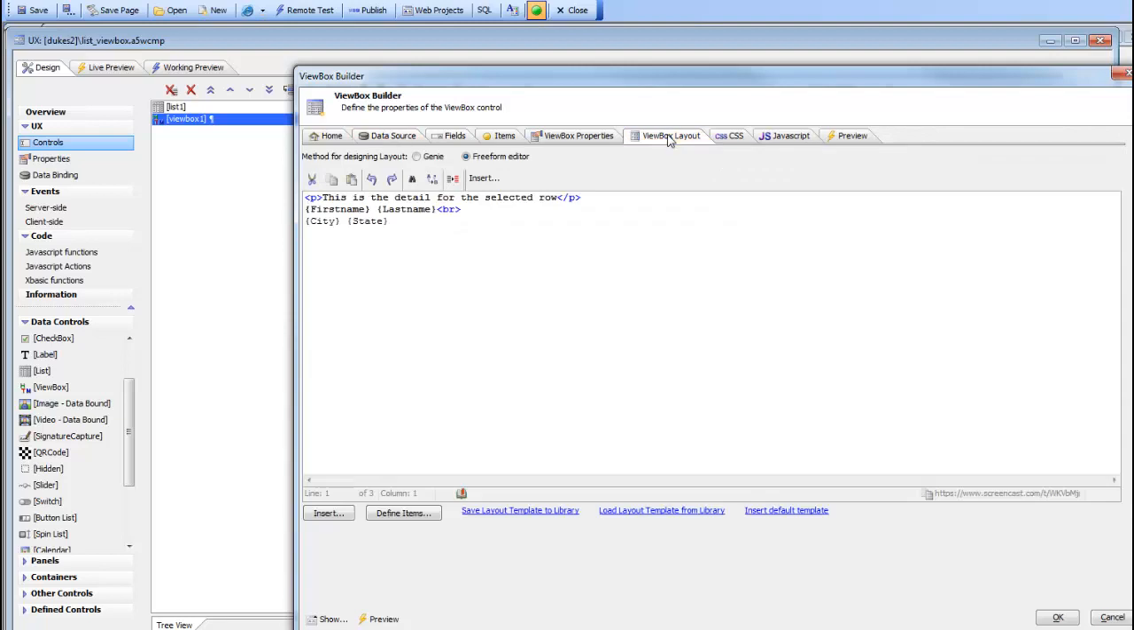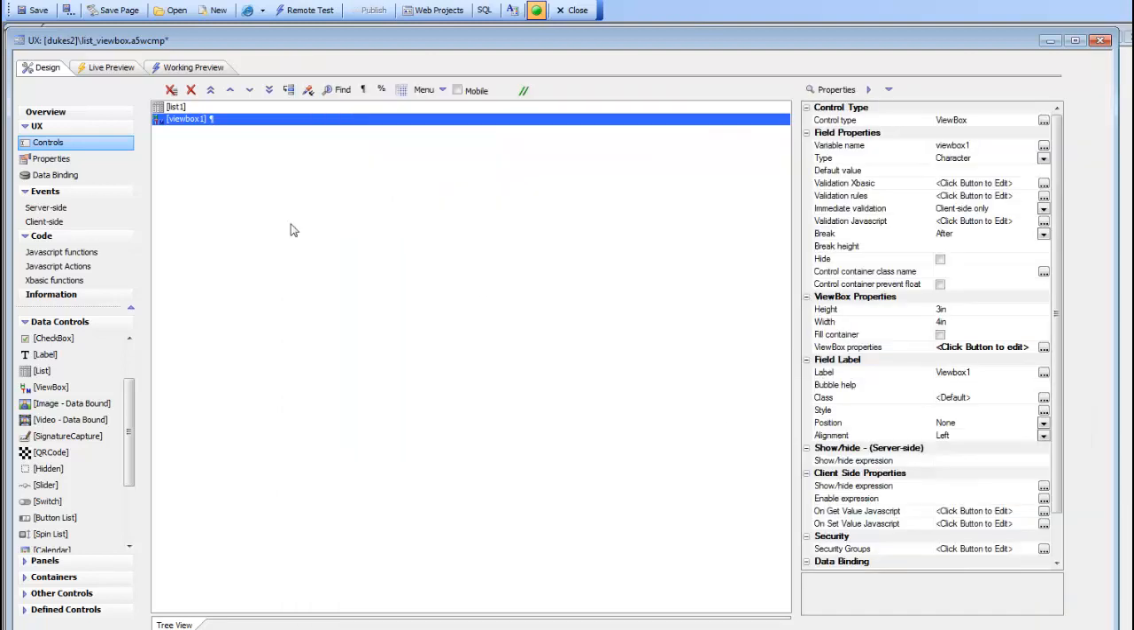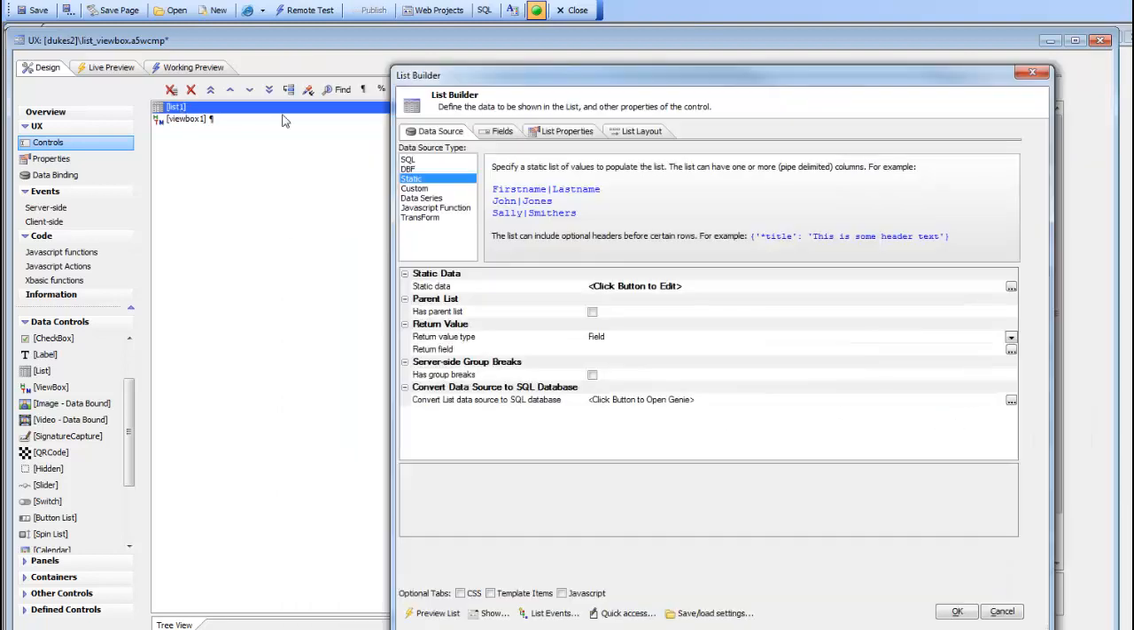So then when we go to the view box layout, we need to choose the freeform layout. And here's the HTML that we want to use, and this HTML here contains placeholders for the fields that we would like to display. So then when we go to the list itself, you'll see that the list does not